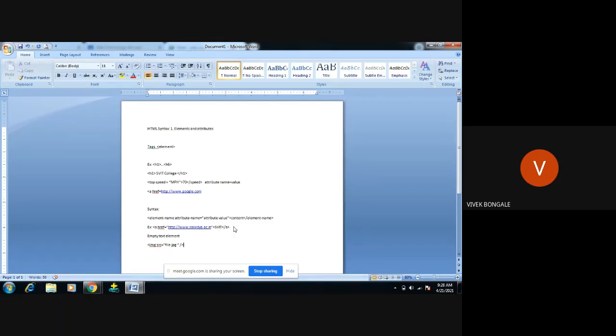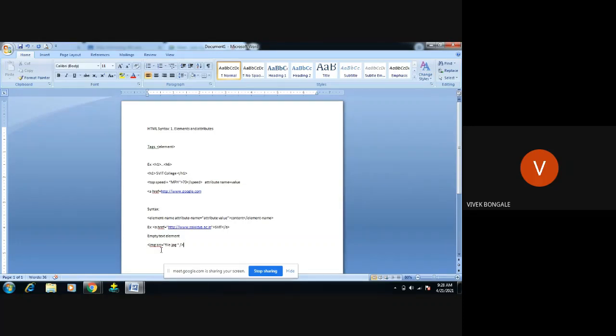If we consider any of the tags as an element or attribute, it starts with a tag and ends with a tag. But when it comes to the empty text element, there is no end tag. There is only a starting tag, that is image, and it just does something for the browser.